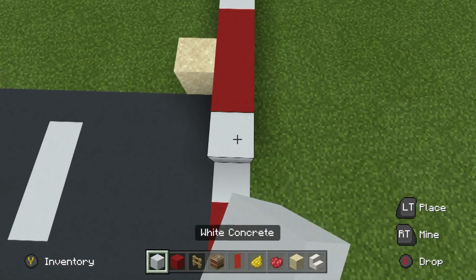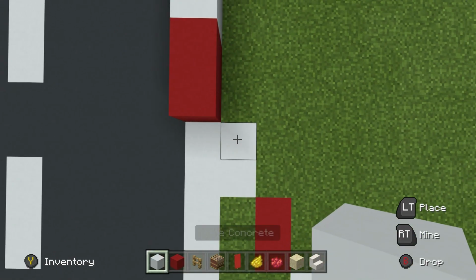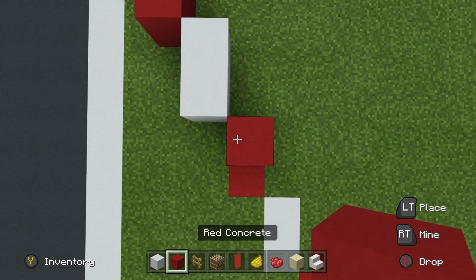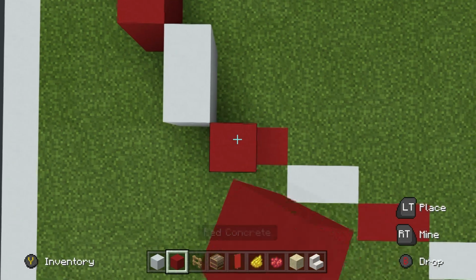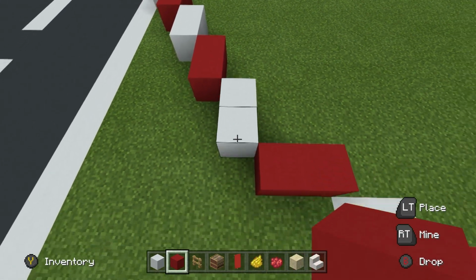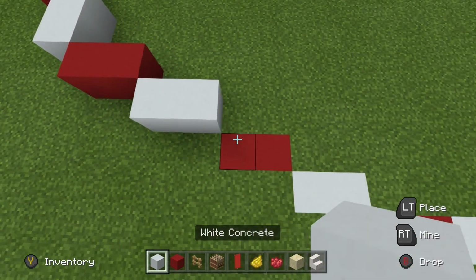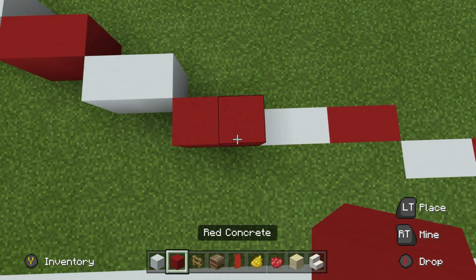Then we want to place 2 white in front, 2 red in front, and then 2 white right and in front of this, so right and in front again, followed by 2 red right and in front, 2 white right and in front, 2 red right and in front, 2 white, and then 2 red concrete right and in front. So this time instead of going right and then down, we're going forwards and then right, if that makes sense. So we've got 2 red, and then 2 white, 2 red, 2 white, 2 red,